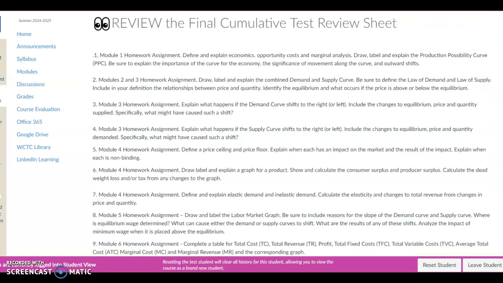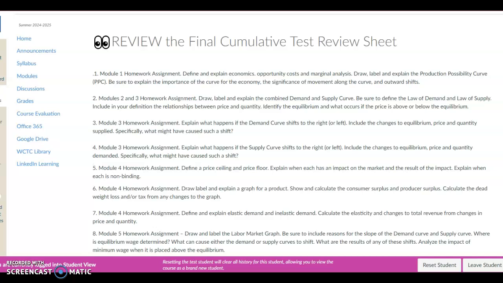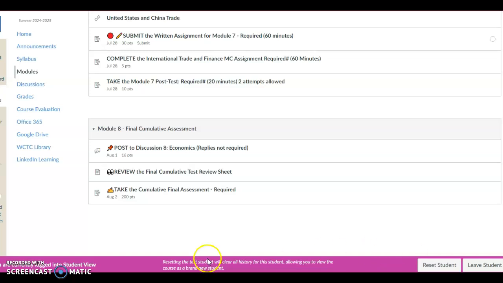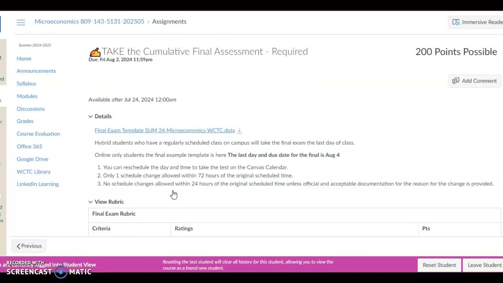If you go through this, it is kind of a cheat sheet, a test review guide of what to look at. Go back over your prior assignments before you begin to complete the final exam itself. This review sheet was put together based on the prior assignments, covering what you need to know in order to successfully complete the final exam. With that, going to the final exam, you're going to click on the final assessment here, and the template is going to be right here.